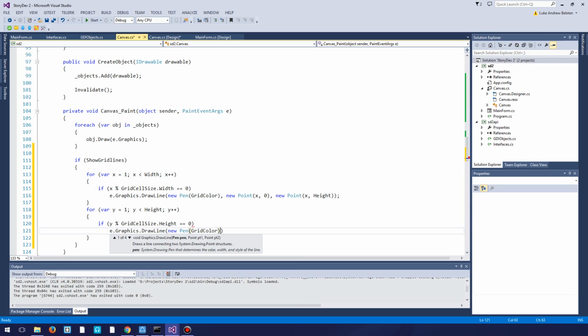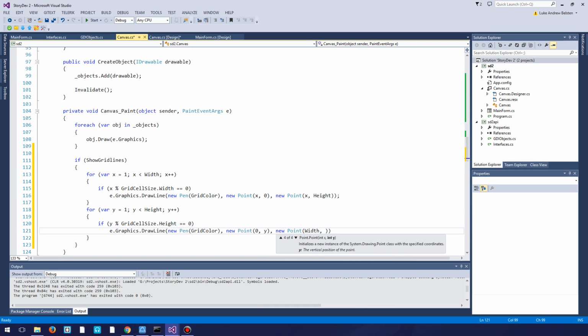Could optimize it slightly and just create a new pen outside of the for loops, but it doesn't really matter that much. It's not really going to make that much of a difference, if I may be honest. It's all double buffered anyway. New points, and then I'm going to pass in the width followed by the y there, and that will basically draw a line